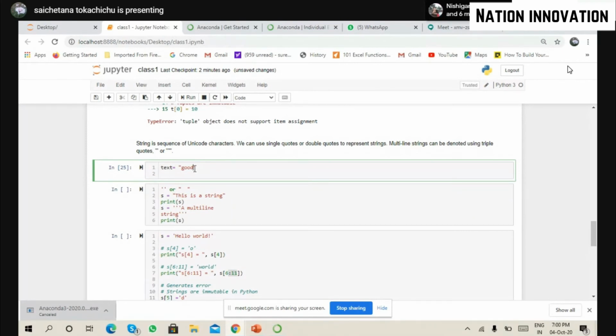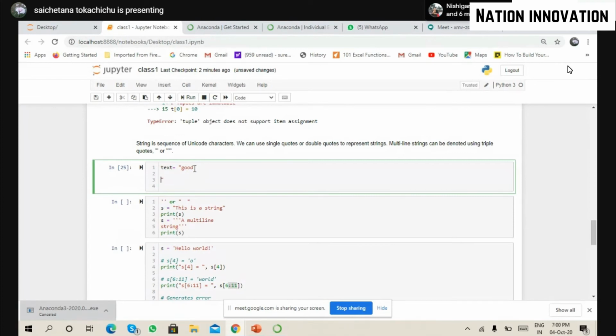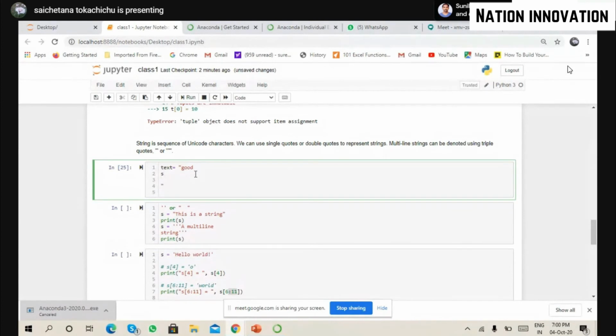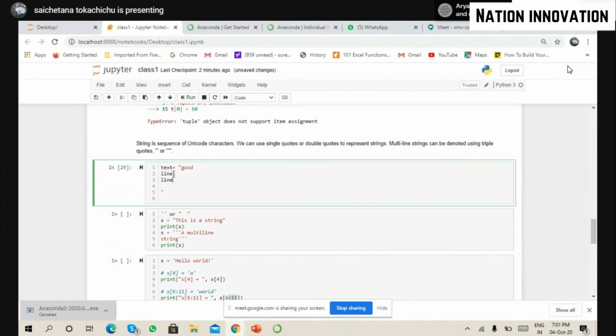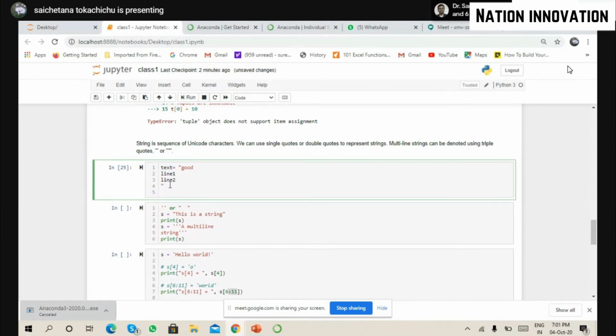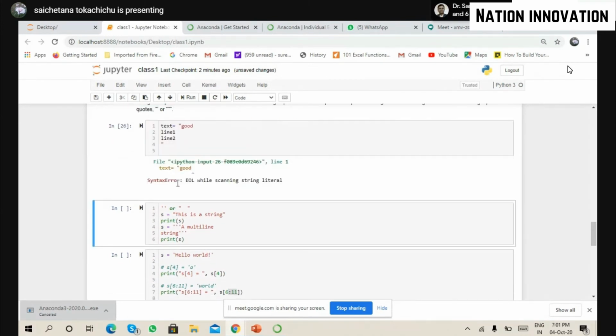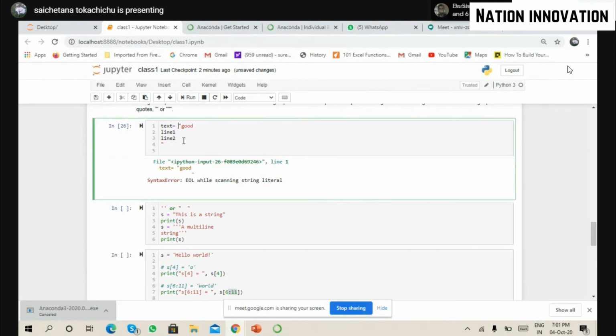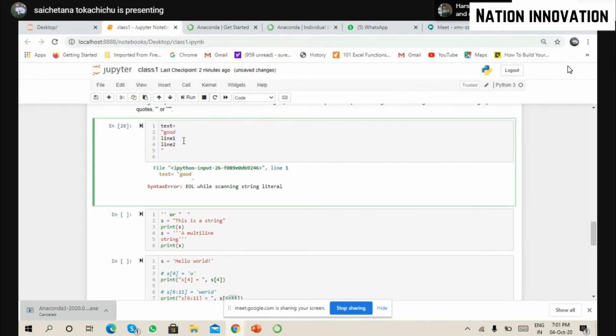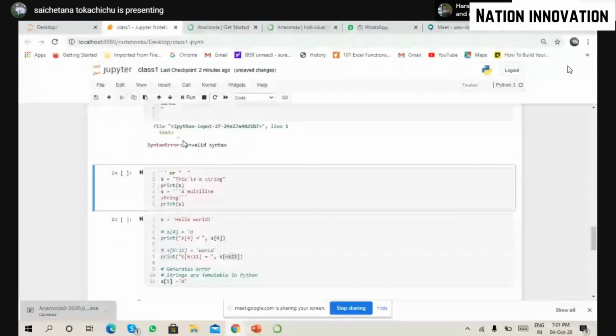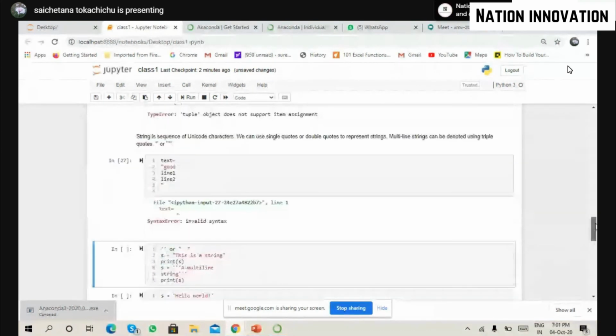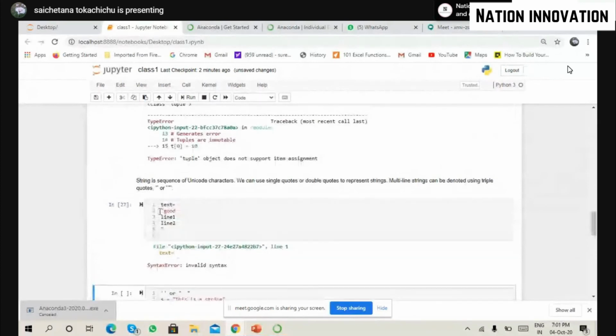So let's say I have multiple lines. I'm having multiple lines this way. Line 1, I am having line 2. So this is how my sentence is. It has lots of lines in it, a text structure. So I'm getting an error. Why? Any ideas why I'm getting an error? Because everything should have been in between, right? I'm still getting an invalid syntax error. Why? Any ideas?